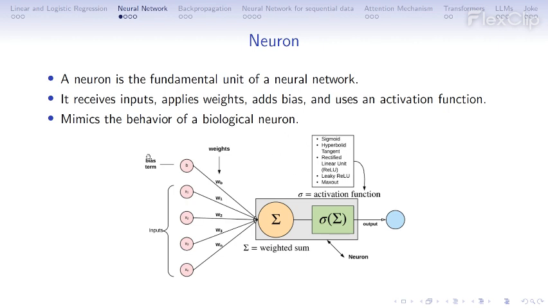So in a simple and clear way, በዚህ ምስል ላይ እንደምታዩት ለምሳሌ you have input x1, x2 to xn. This could be image, this could be tabular data, this could be anything that you want to analyze or process, and you have a bias term. Then we assign weights to each input. The weight is assigned randomly at the initial, and then it's learned through time, ወደፊት እናየዋለን back propagation ላይ.